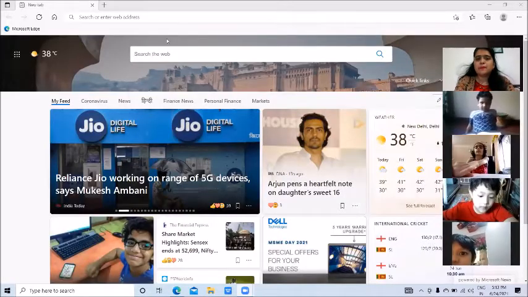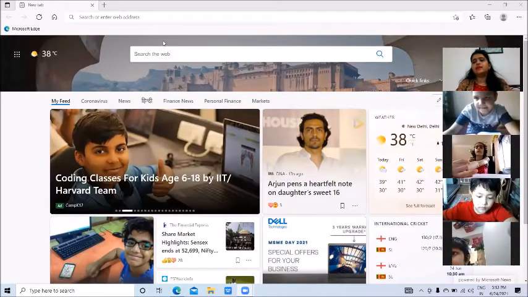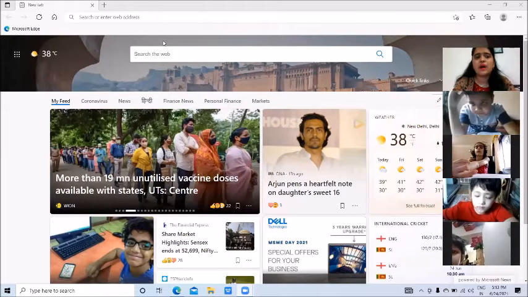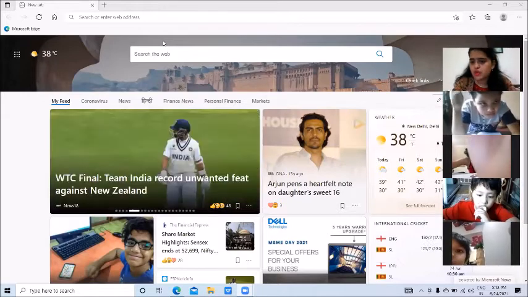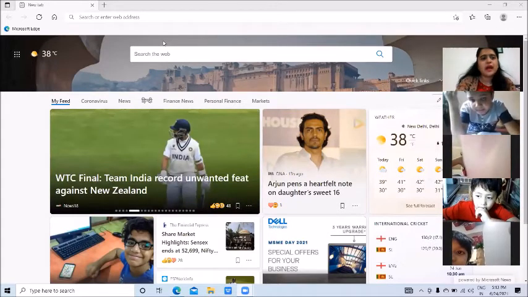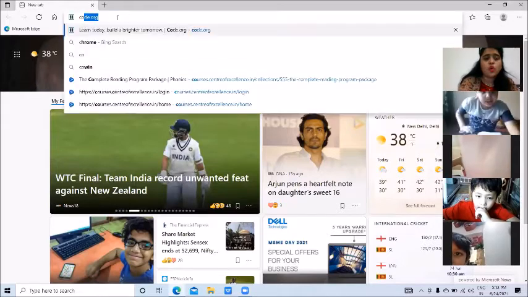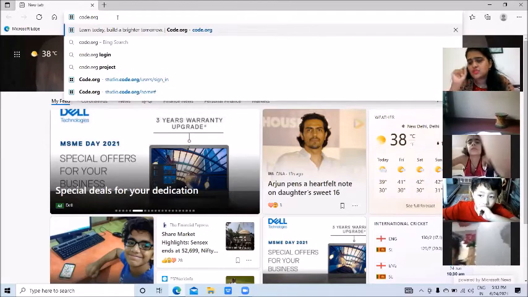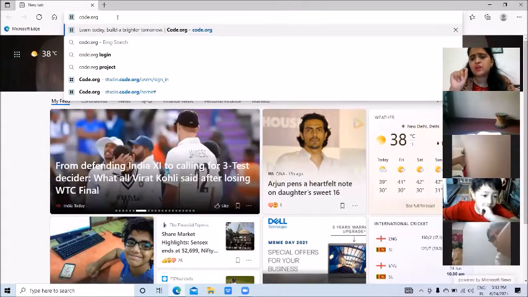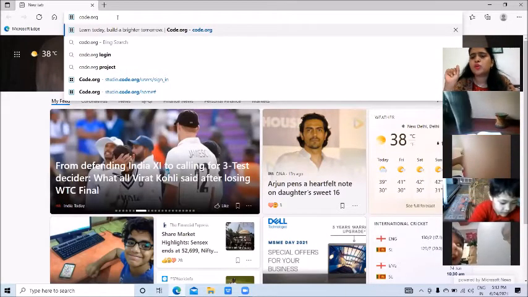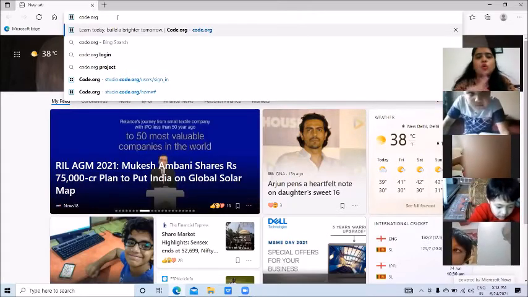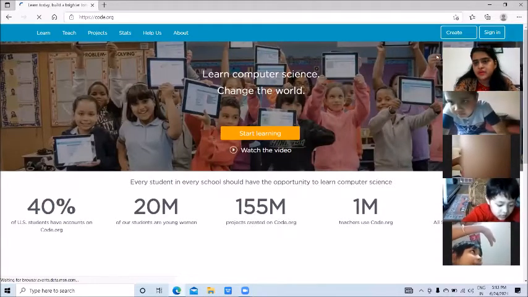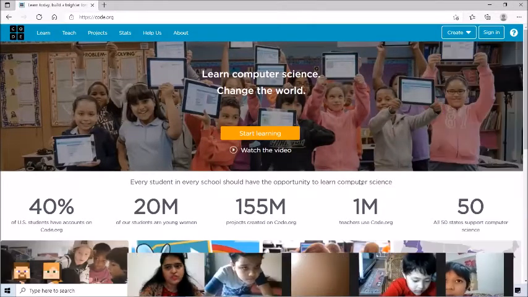So the very first step is similar to what we have already done. We'll be working on code.org. The step says that you have to open any browser. I'm opening this browser. Now in the address bar, I will write code.org. Whosoever is new to the class, you just write down that we are working on the platform code.org. You press enter. So we have entered inside code.org.